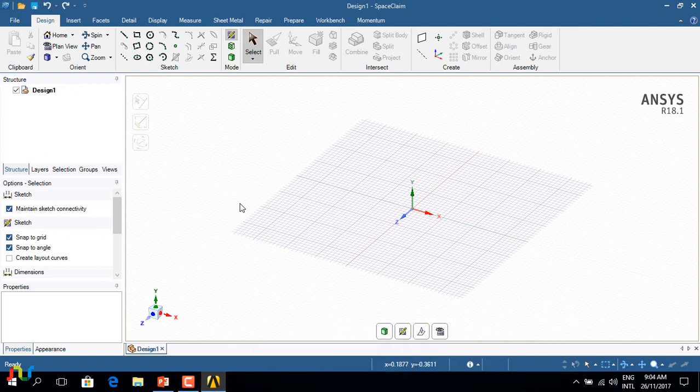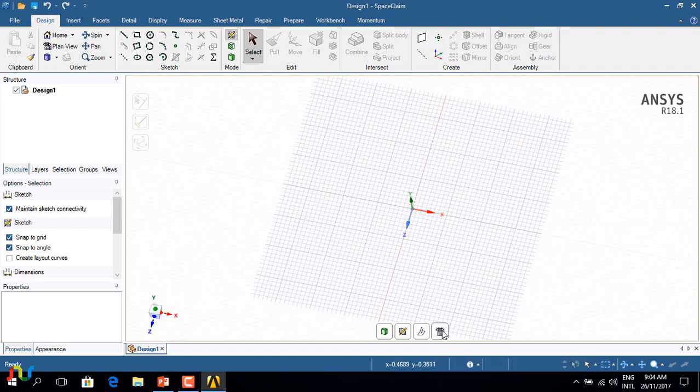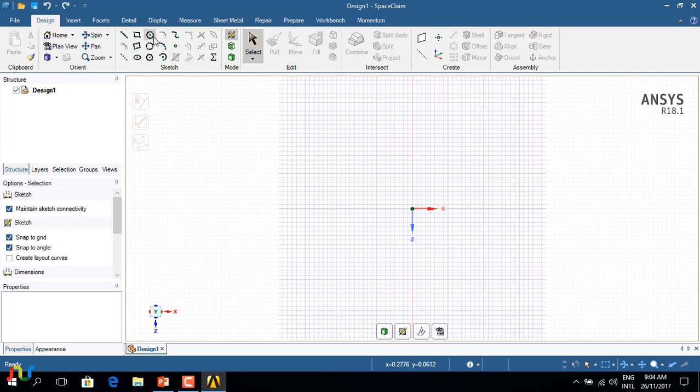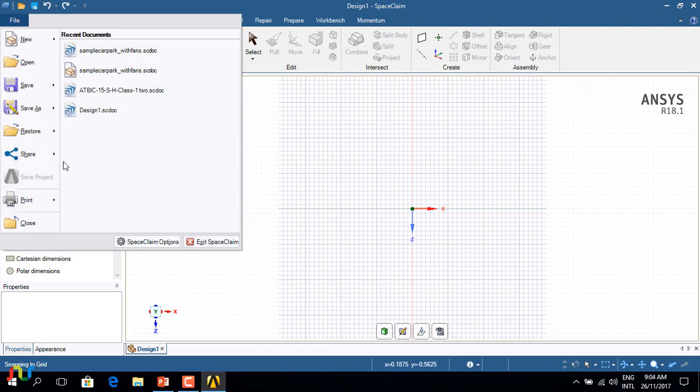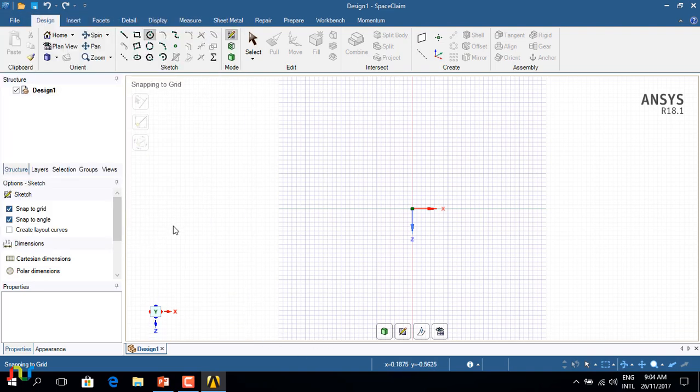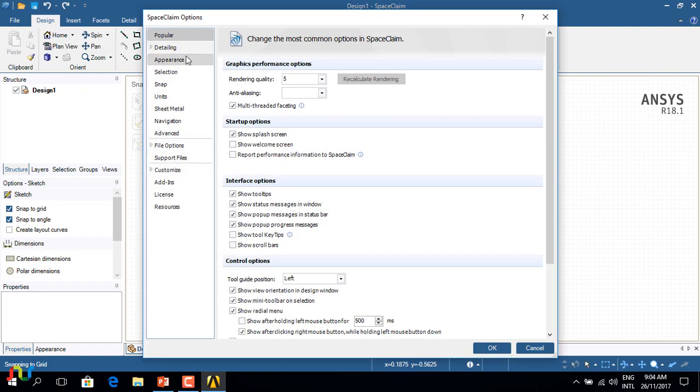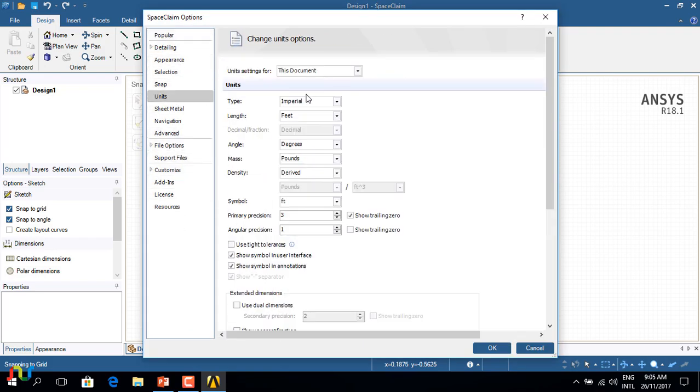So we have just opened SpaceClaim. Now you can click on the plan view and then go for the circle option here. Before that, I would recommend that you change the unit system to meters.